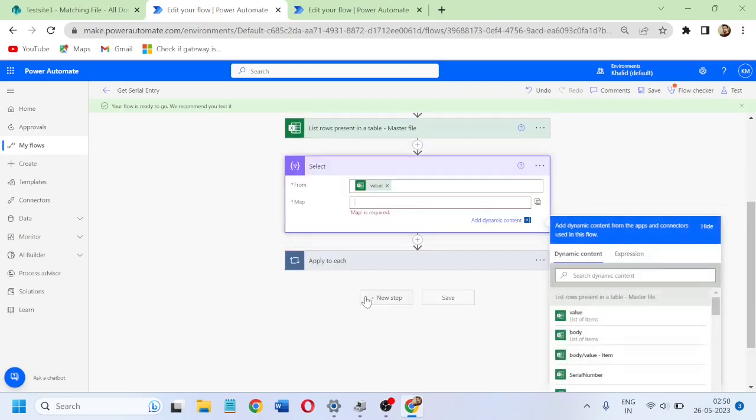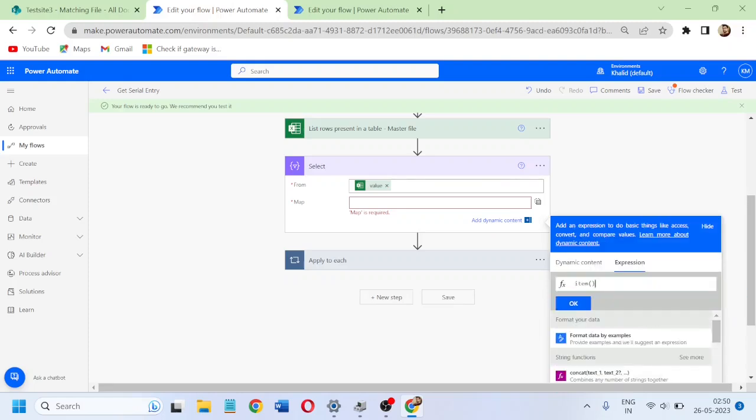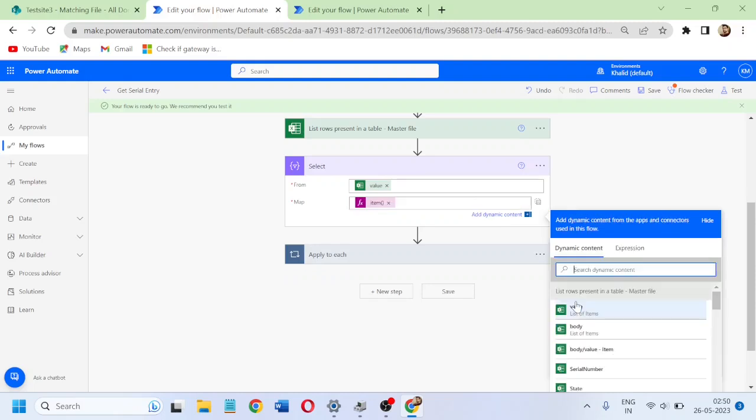We will select the serial number, okay, and